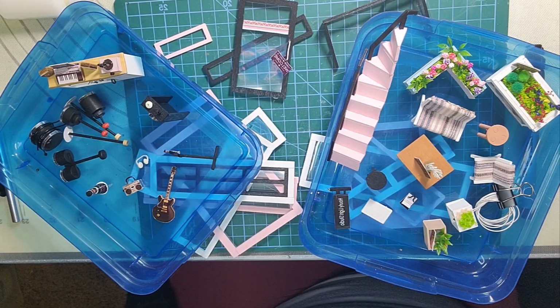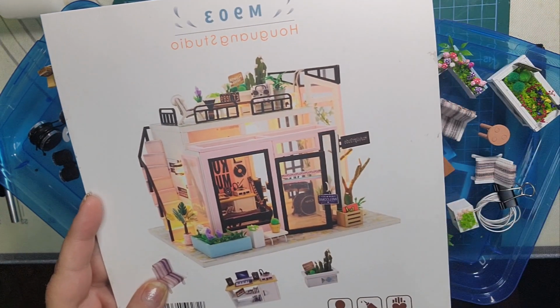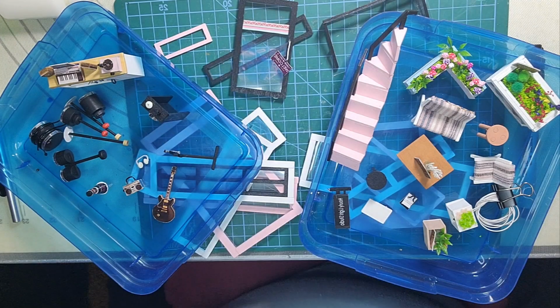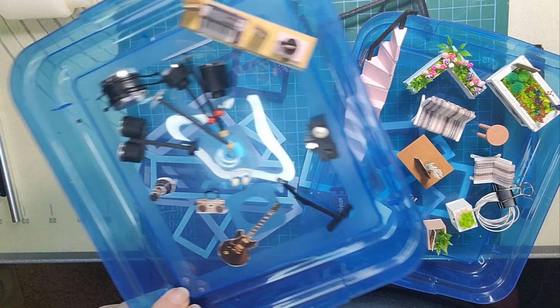This is Missy, and today we are going to continue our build of our Houguang studio, our little music studio. I believe we're on build 15 right now. So this is where we're at. We have our little music